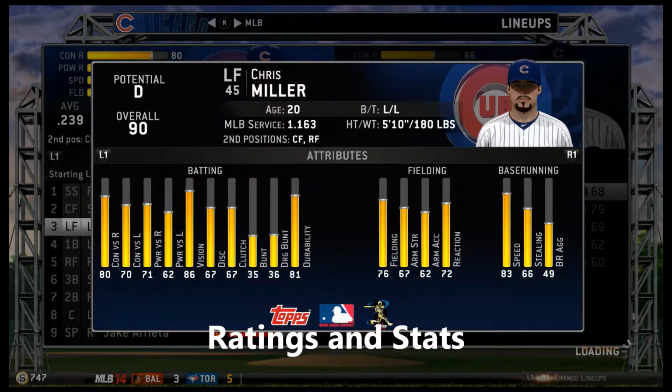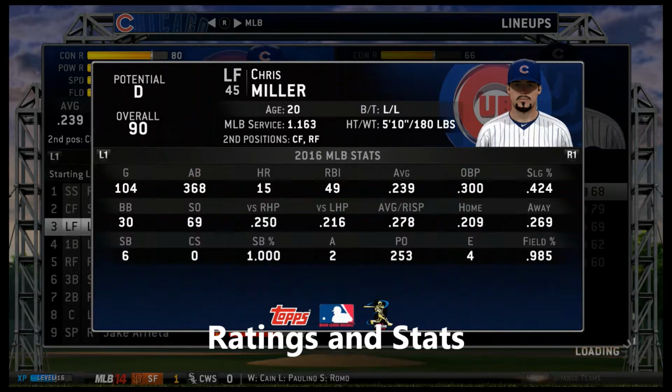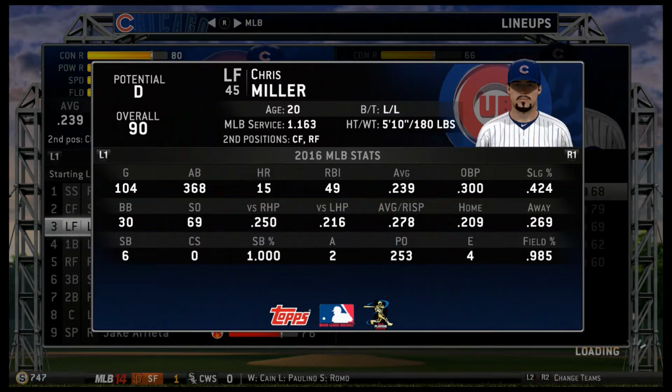Venable on the move. Venable dives, and he makes the catch. A game-saving catch. And that'll end the inning. What a play by Will Venable to send this game to